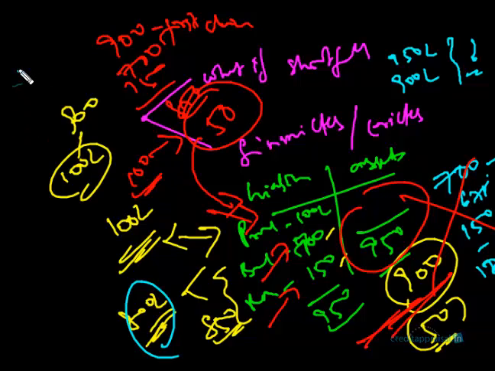So here is a term which we need to learn. That is, the owner's claim is a residual claim. Why are we saying that the promoter's claim is a residual claim? After settling the dues of all other parties, right? After settling the dues of all other parties, whatever is left will belong to the owner, right? Why are we saying it is a residual claim? The reason why we are saying it's a residual claim is